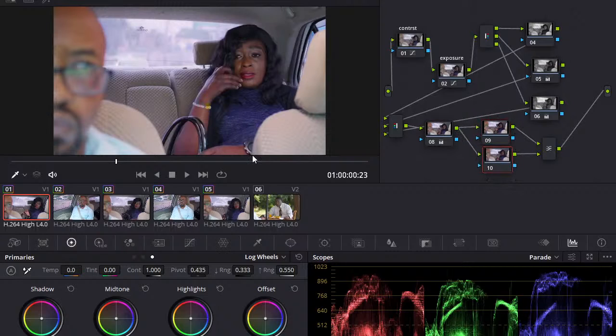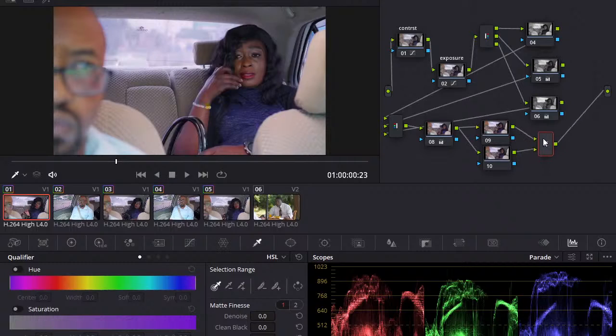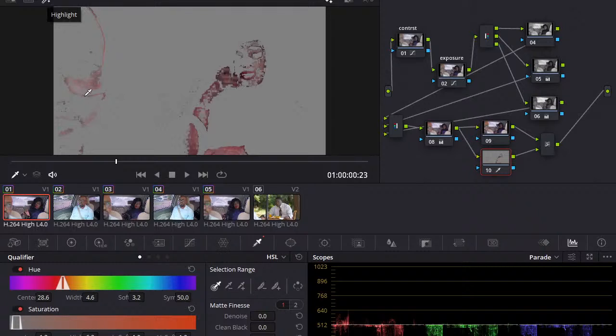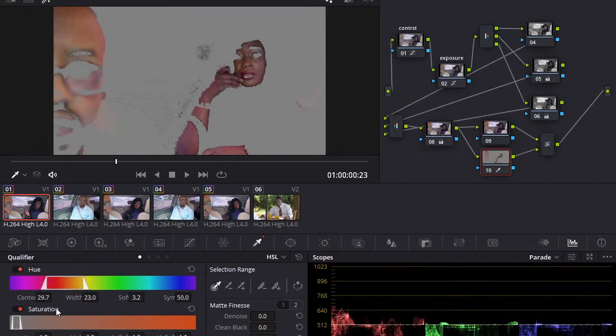So what I mean is I'm just going to go to the layer below, right? And I'm going to qualify the skin. So I'm just going to select skin. You can see the skin is a purple hue. I think it's the video breaking apart because I downloaded it and it has YouTube compression. So if you want to see what your HSL has selected, you need to look at it like that. So clearly it needs to be a little bit wider. See, you're just isolating the skin.